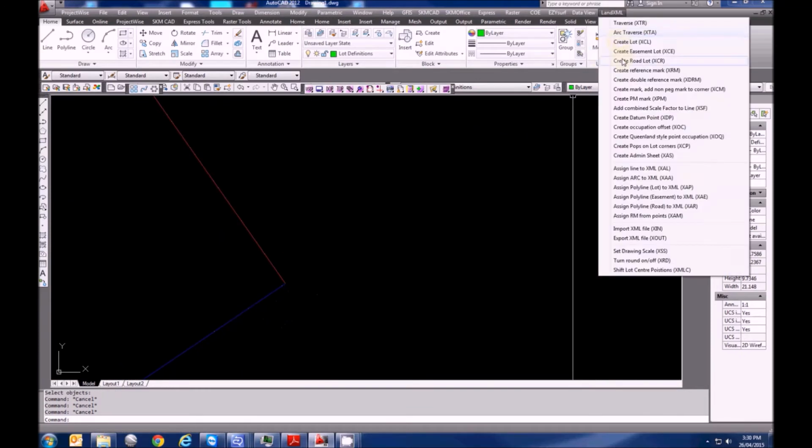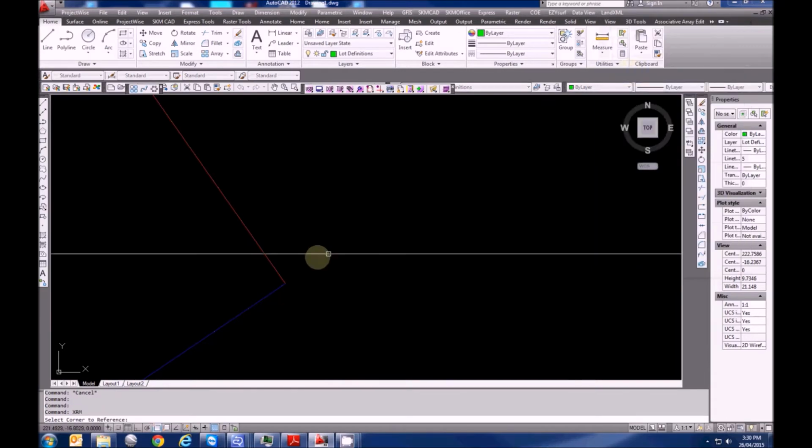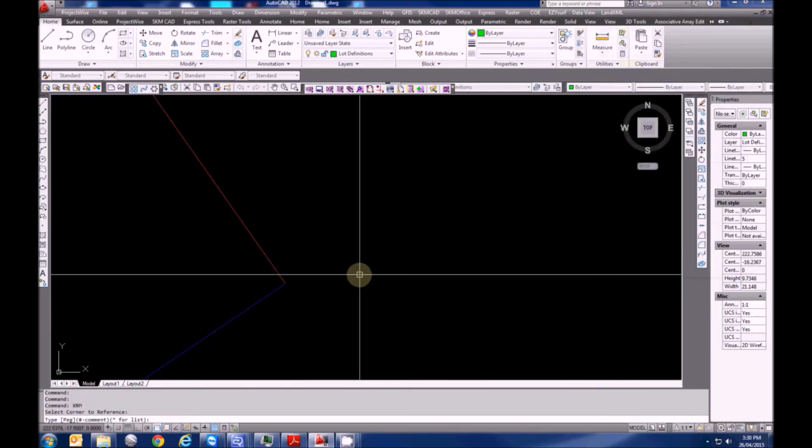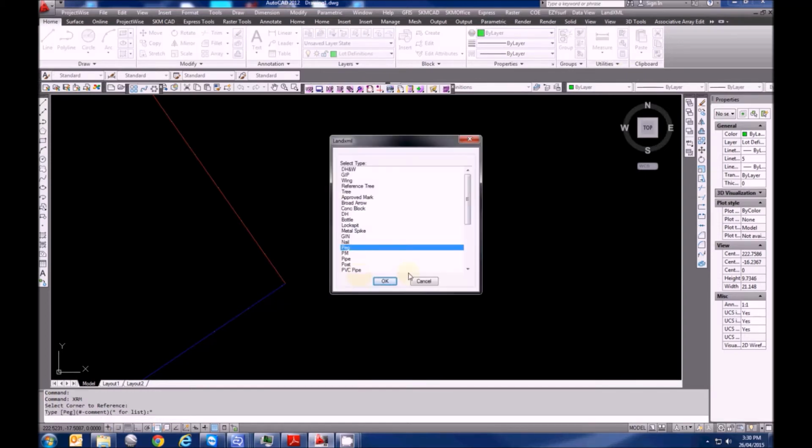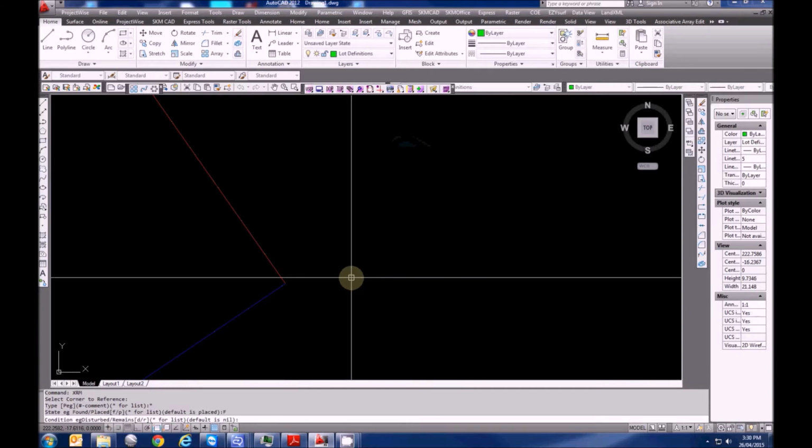So we're going to do Land XML. We're going to create a reference mark on this corner here. And what have we got? Let's see, drill hole and wing, so star, we'll choose drill hole and wing, and it was found. Its condition is nothing, and we have a bearing of 7.5407, 4.39,